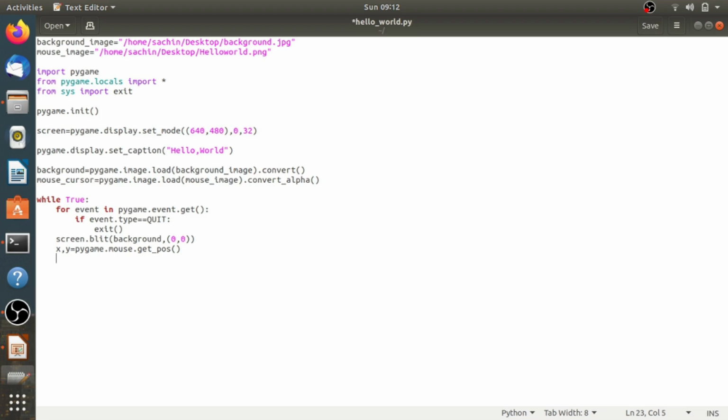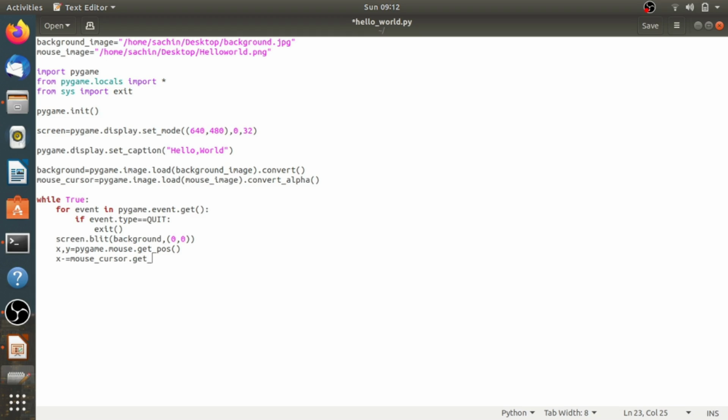We could use these two values as coordinates when we blit the mouse cursor. But that would place the top left corner of the image under the mouse, and we want the center of the image to be under the mouse, right? So we can do a little bit of math to adjust x, y so that the mouse image is moved up by half its height and left by half its width, and using these coordinates places the center of the image right under the mouse pointer, which looks better.